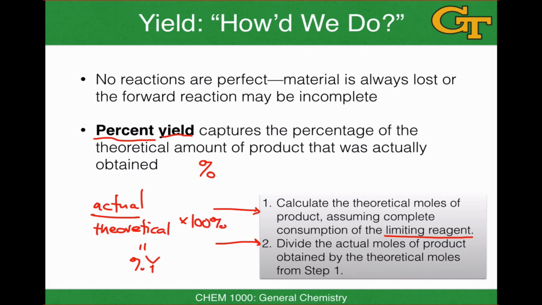A brief note about significant figures and yield. Although it's common to have a large number of significant figures in measured masses, it's prudent practice to use only 2 significant figures for yield. And the reason for that is yield is variable. There's a huge imprecision that comes with yield, not because the masses measured are imprecise necessarily, but because the amount